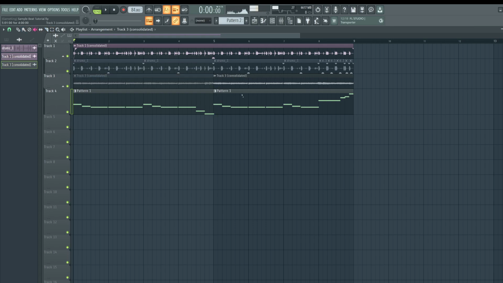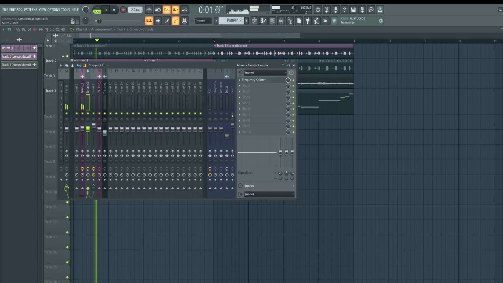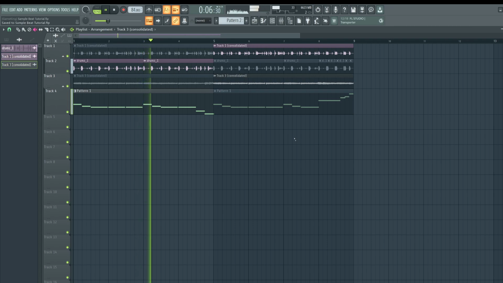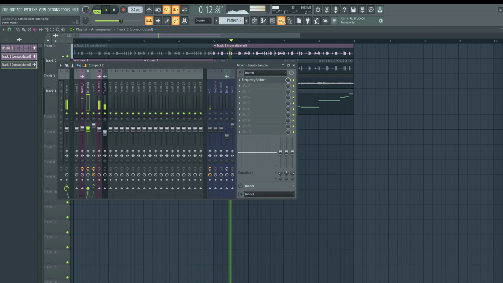So here is the before sample and the pattern. Here's the after sample. Let's also do the before drums and then the after drums. That way we could combine and compare all of it. Okay. So here's before any processing. Here's after. Now we have a texture, we have a feeling to the sound. I might pull back the drums a little bit.